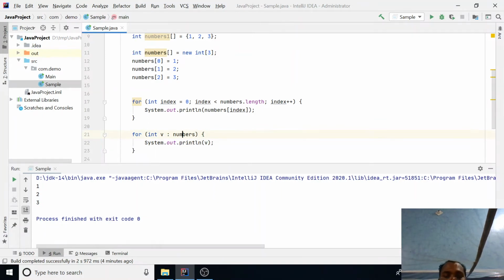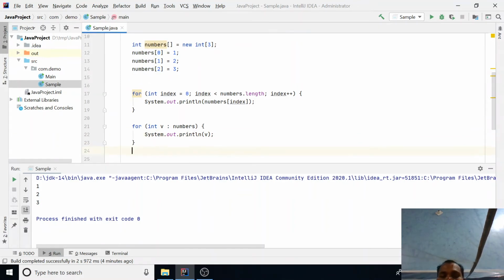Here in this place, this is your array, and here is the element of the array. The loop is going to iterate till the size of the array, and the first element goes to the v and you are displaying the v. Then the second element again goes to the v, and so on until your loop is completed. In this way also you can iterate an array.